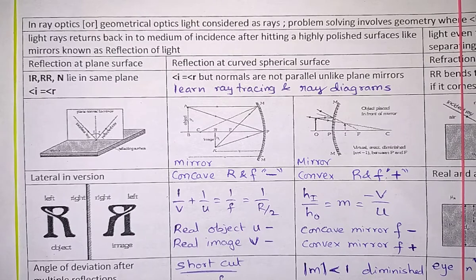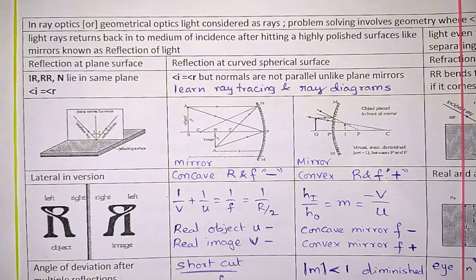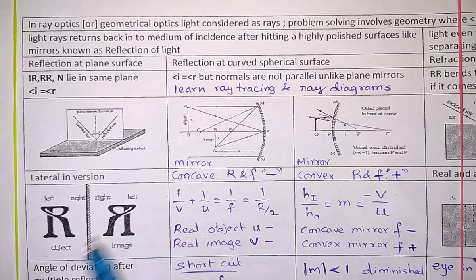The other important aspect regarding reflection at a plane surface, we will go to curved surface later, is lateral inversion. That is, the object nearer to the mirror appears to be nearer, the object far away from the mirror appears to be farther. In such a case, left and right for us becomes right and left in the mirror. This phenomenon is called lateral inversion. This we see in the case of an ambulance, where it has been written in reverse order like that.